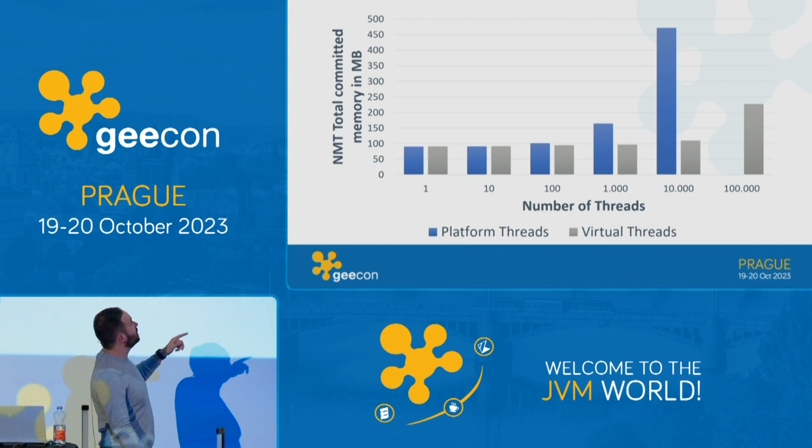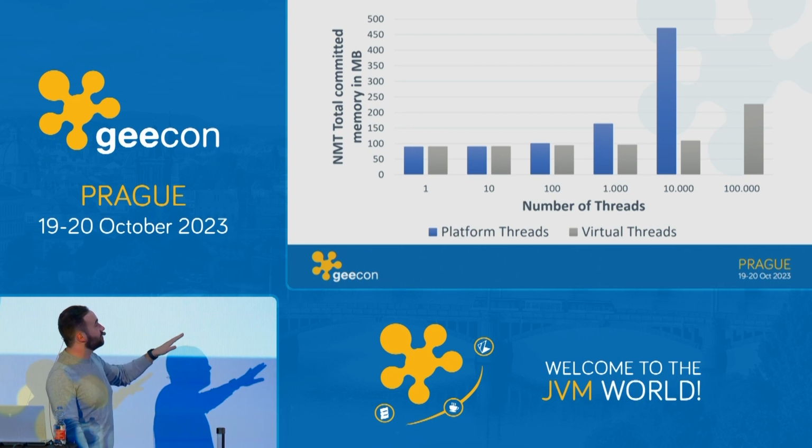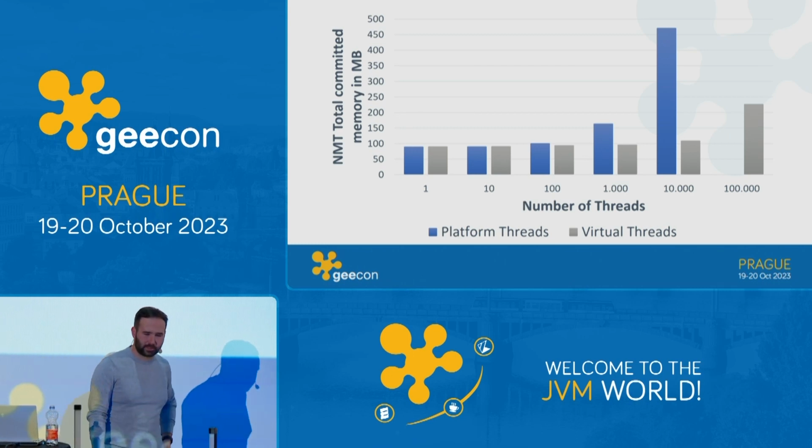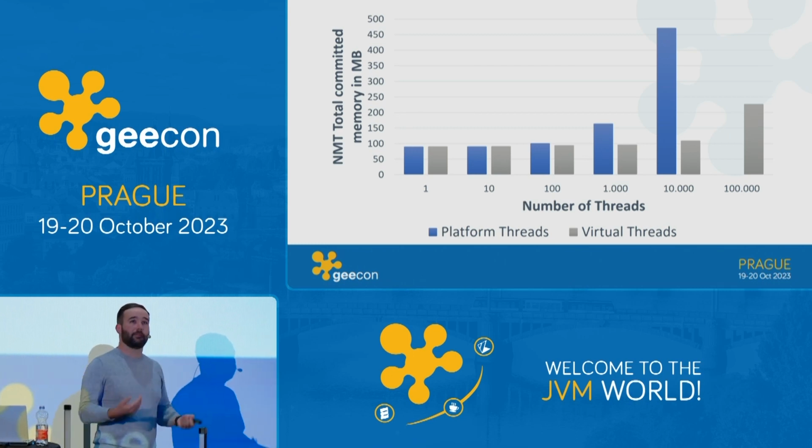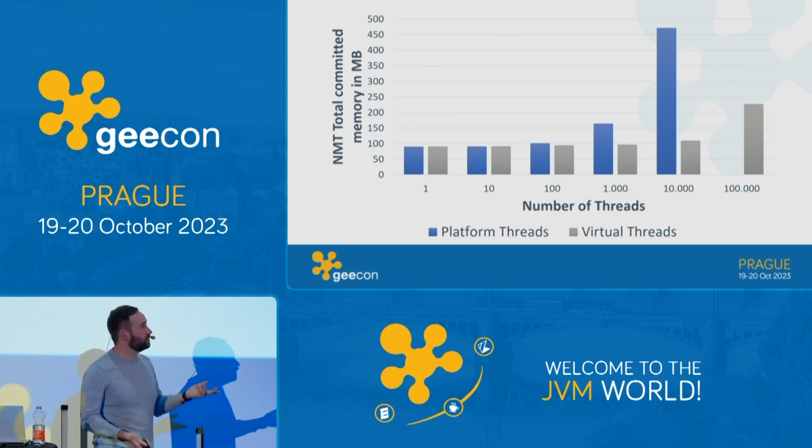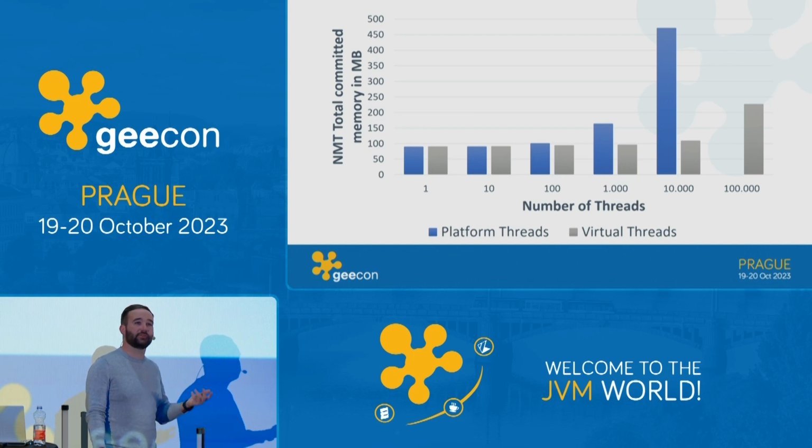The platform threads are even using less memory in the beginning, when you're still using 1 or 10 threads. So then it's a better idea to still use platform threads. You don't gain that much. But if you go into the larger numbers, you can see that virtual threads really start to